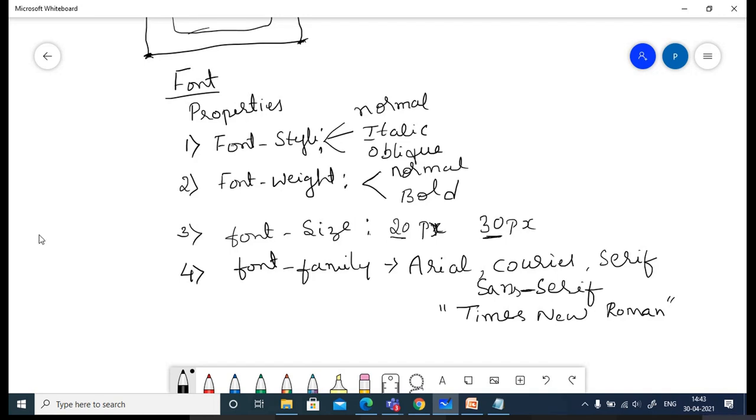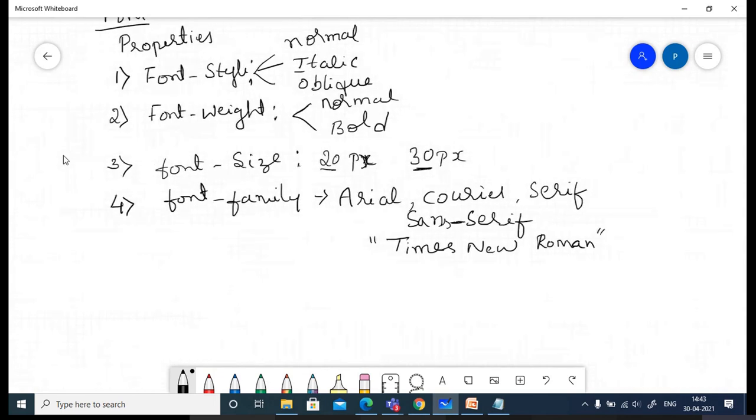So now I told here you can represent, or in many of the examples if you have observed, I have taken more than one value for this property. So in that case, which one is going to apply? Consider here I have 1, 2, 3, 4, 5. I have specified 5 font families. So in that case, which one is the browser going to take? If it is 1, it's direct. Okay, so it is going to apply the first, whatever it is specified.